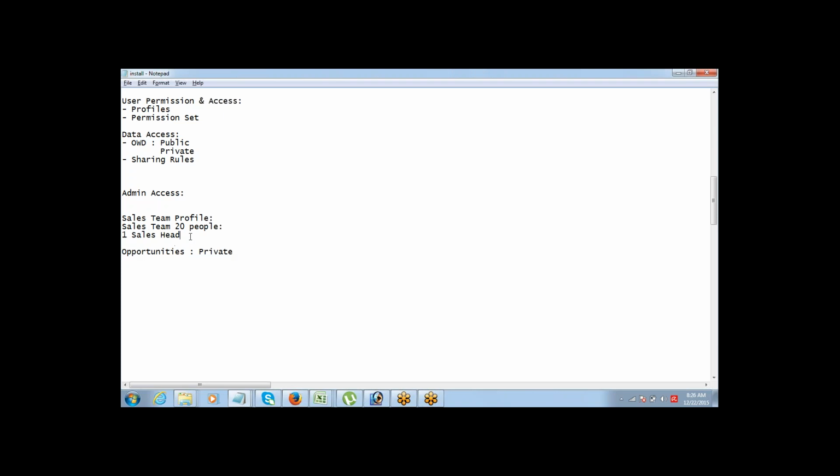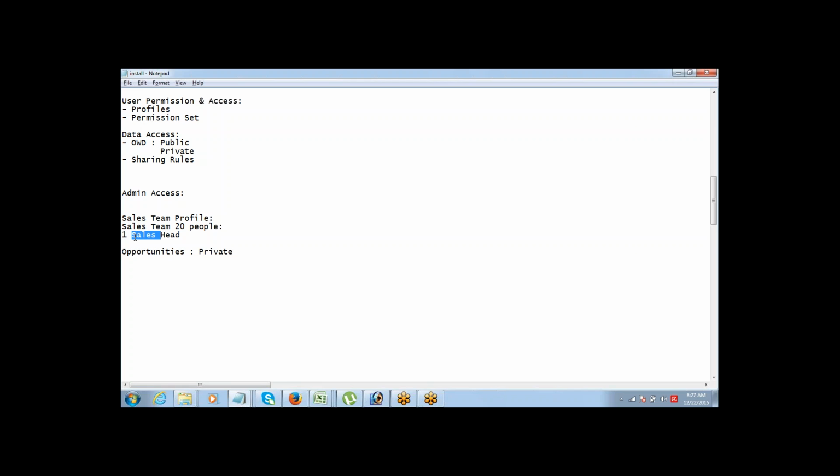I'm actually stuck here, that if I just give permission on the profile, then everyone will have access. Okay, I'll create a permission set. So make it very, very clear. Whenever you are stuck with an exception on a profile, your answer is permission set. You don't even have to think about too many things. It's very simple logic. If there is any exception requirement for a user on things to be done with profile, straight away jump into the permission set. Don't even think about OWDs and all that. Got it? Okay.